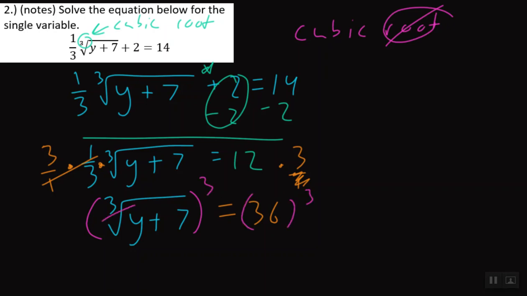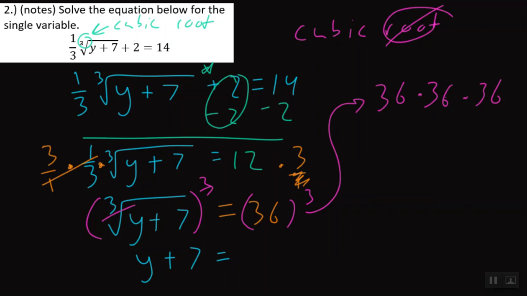Now my cubic root and my cube cancel, and I'm going to have y plus 7 is equal to a very, very large number, because 36 cubed is really like saying 36 times 36 times 36. It's there 3 times. So if you have a calculator, you can just type in 36 to the 3rd power, or you might have to do 36 times 36 times 36. In this case, it is